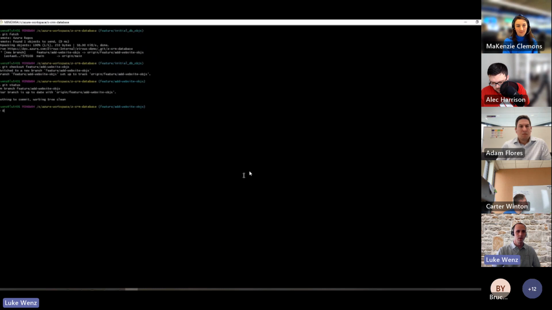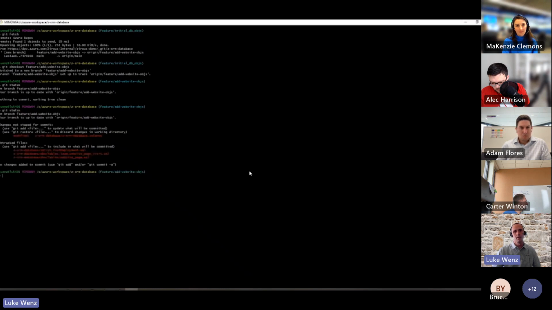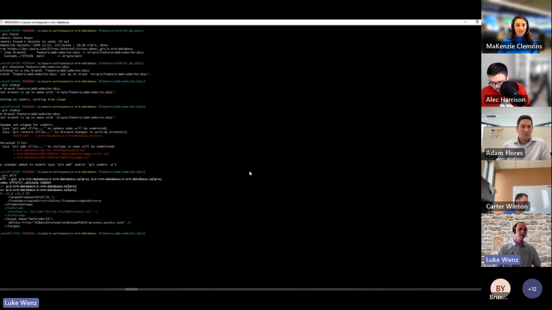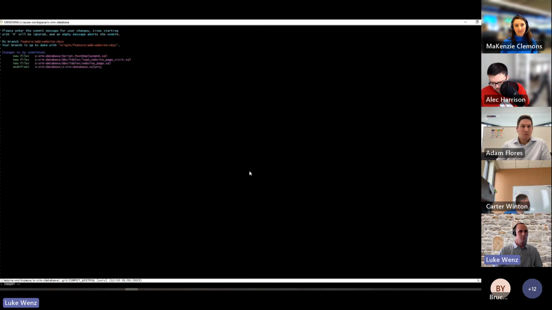And once that's ready, we're going to go ahead and commit those scripts into our local Git repository. And again, this is small. It's basically doing a diff on the file and just reviewing to make sure I want all these included. And then we'll make a commit and put a commit message in, and then we'll get it pushed out to Azure